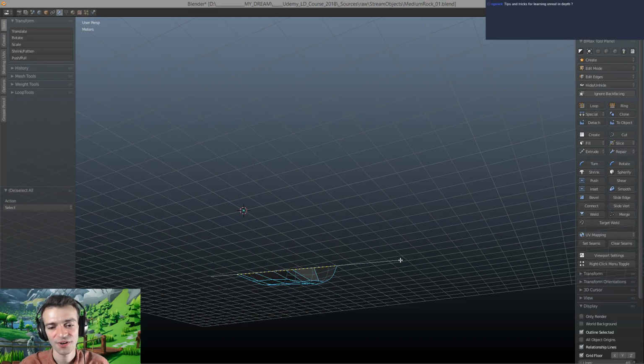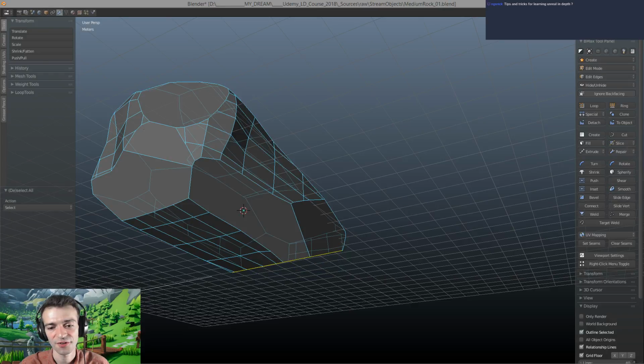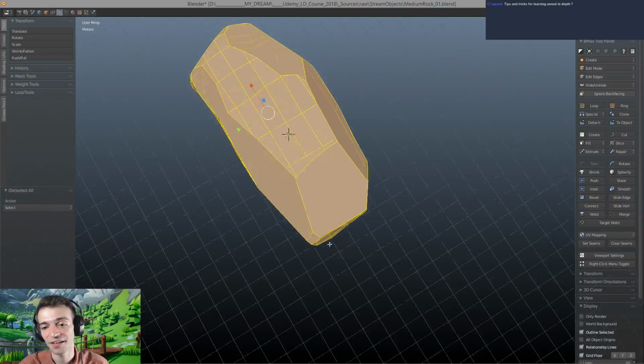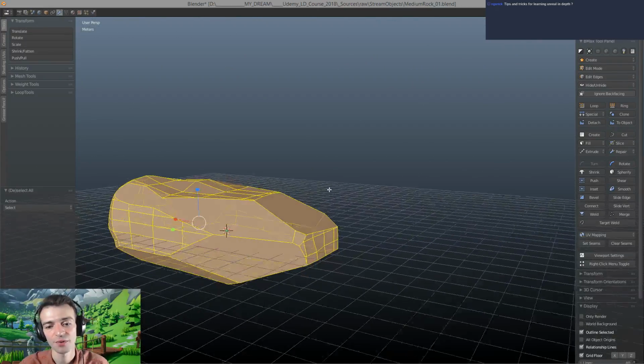Tips and tricks for learning Unreal in depth. Never surrender, never give up, man. I'm a level designer, so I know some Unreal, but I'm still